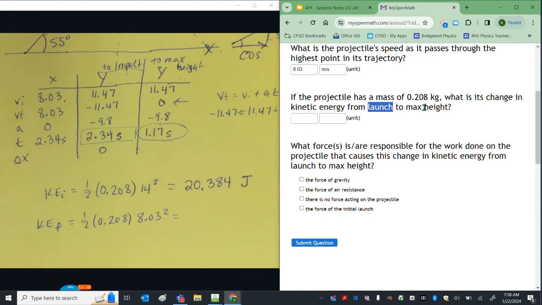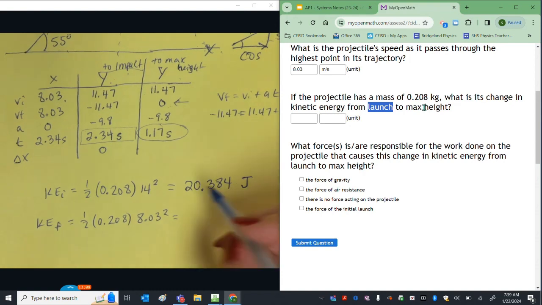Again, I'm going to use the number from the calculator that hasn't been rounded, because 8.03 is a rounded value, but it's actually really close because it's 8.030070. So we'll see how close it is. I'm going to use that value, and that gives me a kinetic energy of